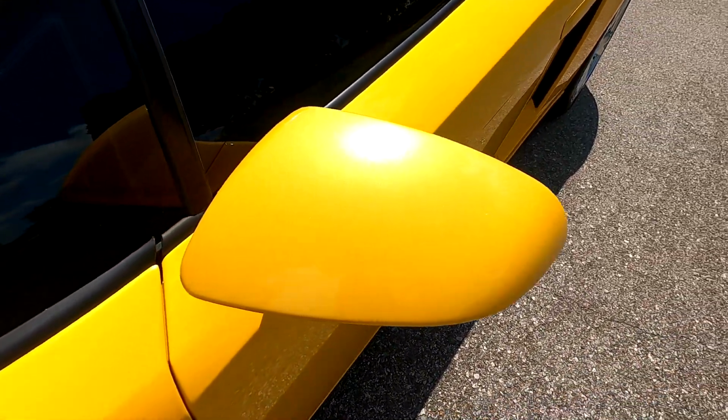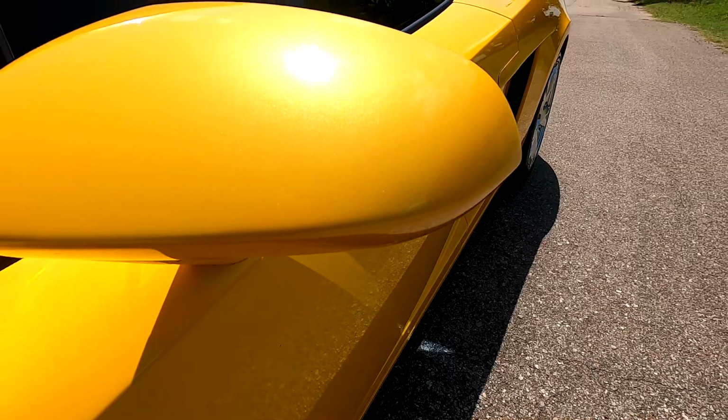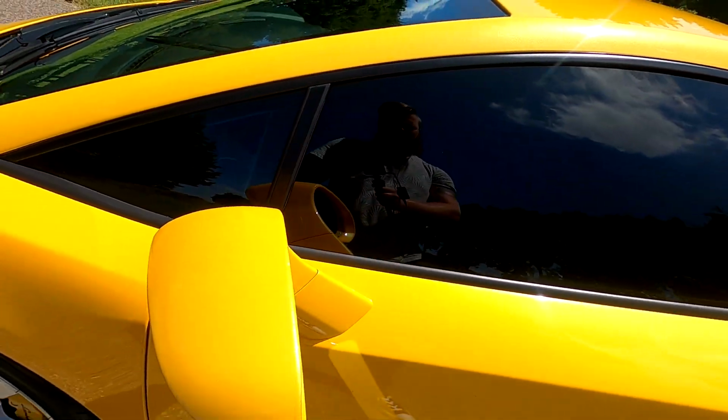Driver's side mirror cap. It is clear bra, has protective film over it, and looks good, is not damaged. Looking at the face of the driver's side door,